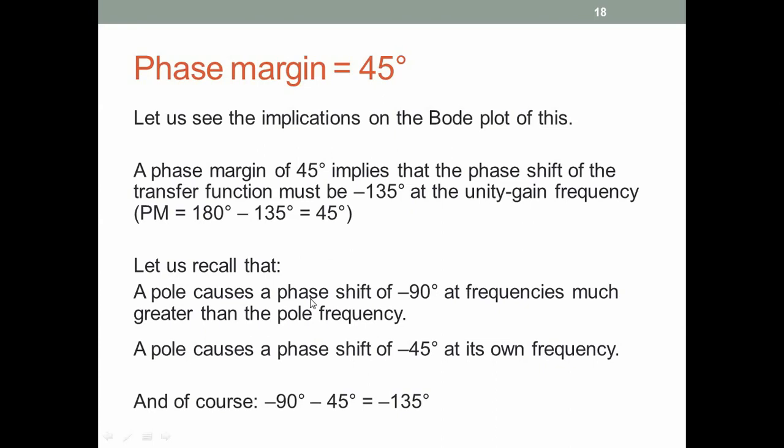Now let us recall from a few minutes ago that one pole causes a phase shift of minus 90 degrees at frequencies much higher than its own frequency. A pole causes a shift of minus 45 degrees at its own frequency. And of course, minus 90 minus 45 is minus 135 degrees. What this means, putting all of this together, is that for a phase margin of 45 degrees, we can afford,